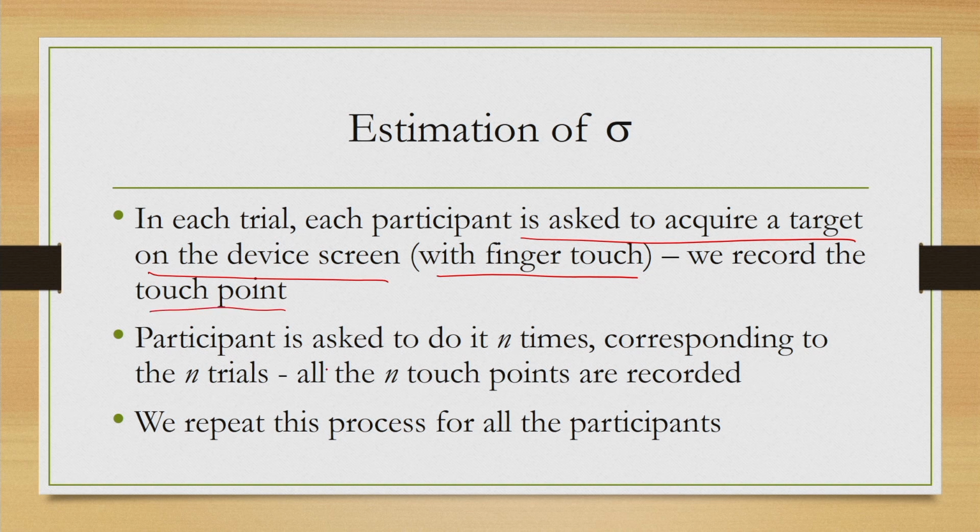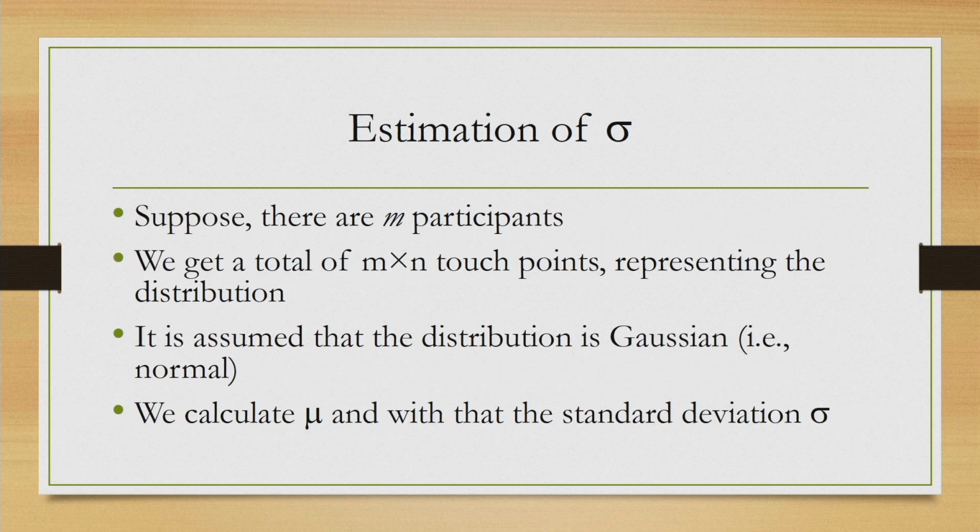So, each participant is asked to acquire the target n times, corresponding to the n trials, and we record all the n touch points, and we repeat this process for all the participants. So, if there are m participants each performing n trials, then we get m into n points. These points represent the distribution for all the touch points, and we calculate mu, or the mean, for this overall